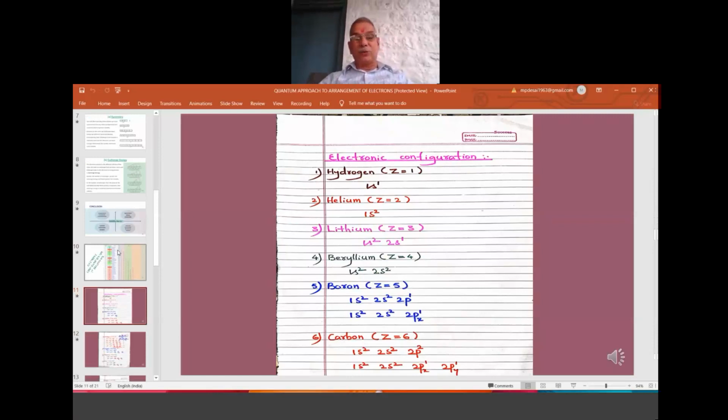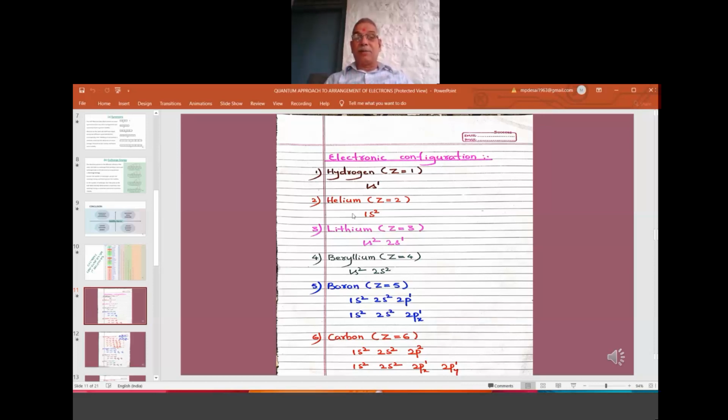Now, today we take actual examples. I have written them on paper, taken a photograph, and pasted it in the laptop in the form of a PPT. So this is the first example, hydrogen, atomic number 1. Z is the symbol for atomic number. So where will it go? It will go in 1s1. So please, if you have a notebook, draw the Aufbau principle roughly. Whatever I say will then be helpful for you.